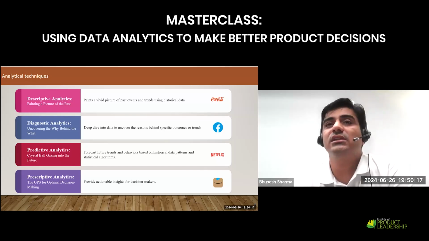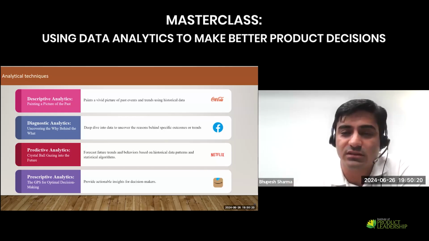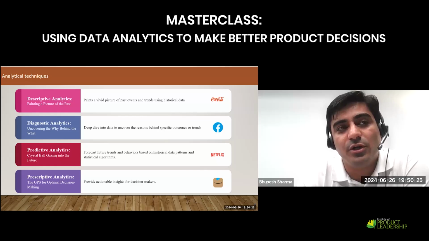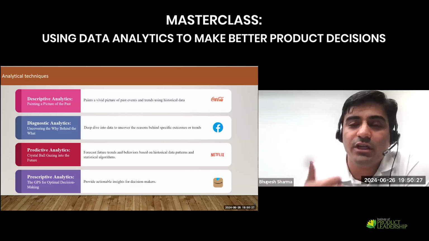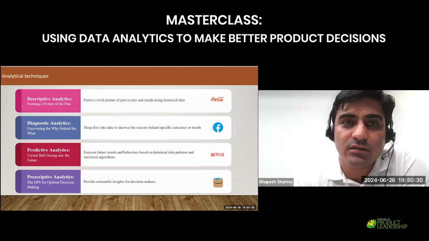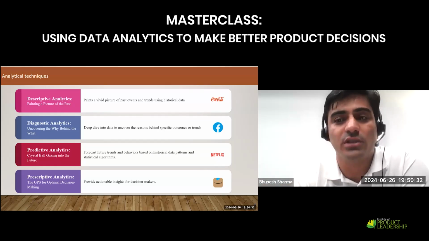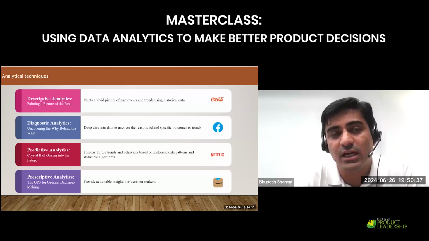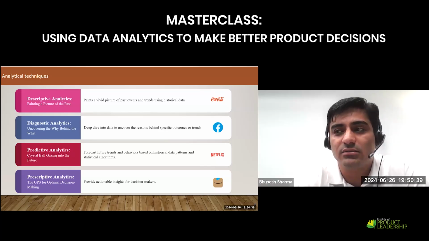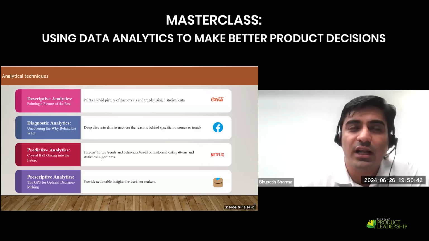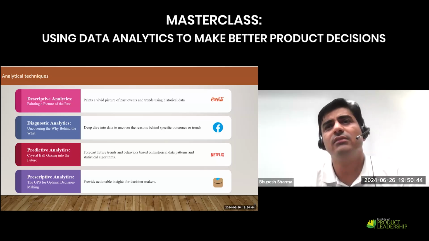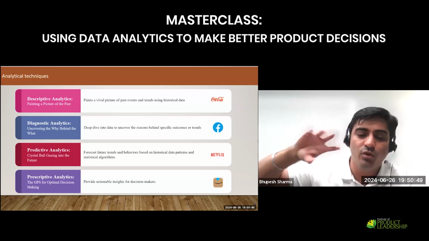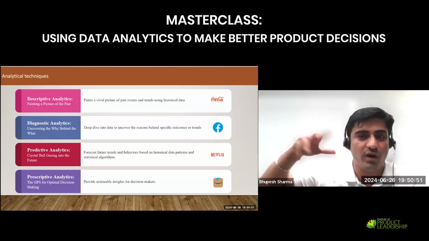Diagnostic analytics is basically identifying the root cause, why it is happening. You need to uncover a lot of reasoning behind the event which is happening, the outcome or the trend. Facebook does a very good job in it. They used to launch surveys, like what kind of personality I am, and then when they're looking at that,